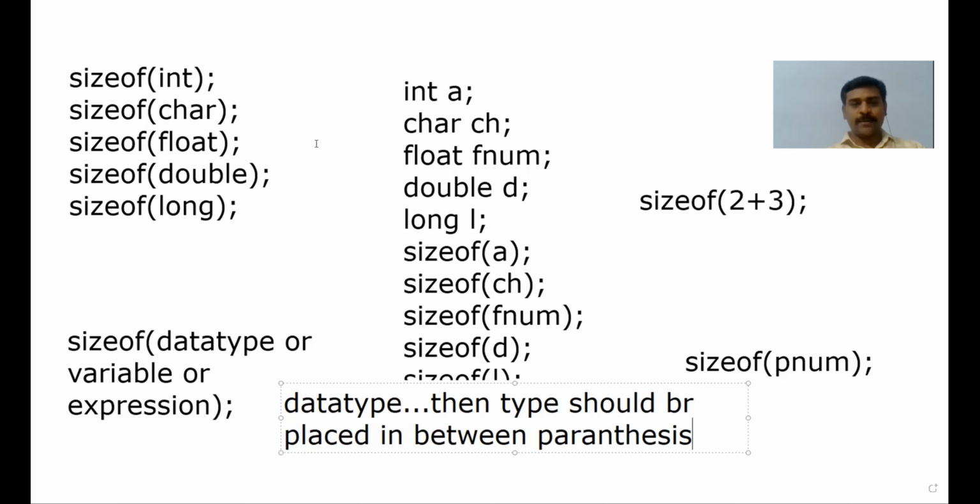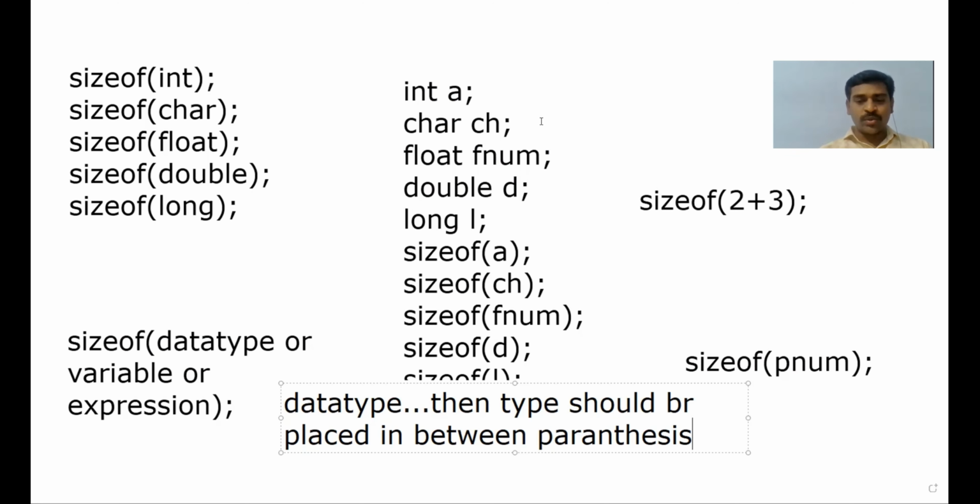Sizeof integer. And what is the return value of the sizeof operator? The return value of the sizeof operator is the number of bytes required to store that particular type of data. So the sizeof operator returns the amount of memory required to store that particular variable in bytes, either 2 bytes or 4 bytes or 1 byte, depending on the data type. So this is the sizeof operator.